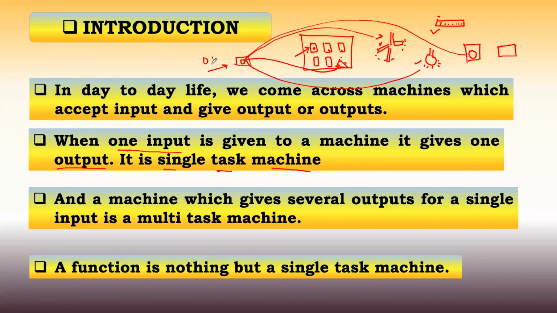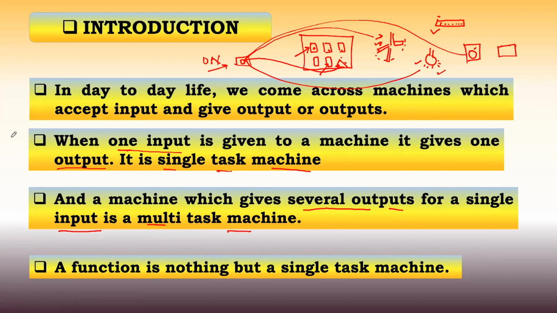If you press this button, then at once you can see the fan is on, the tube light is on, as well as the washing machine is on, right? So this type of machine, with several outputs for a single input, is known as a multitask machine,